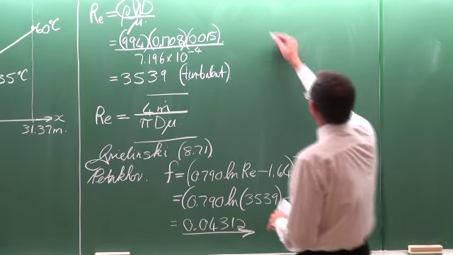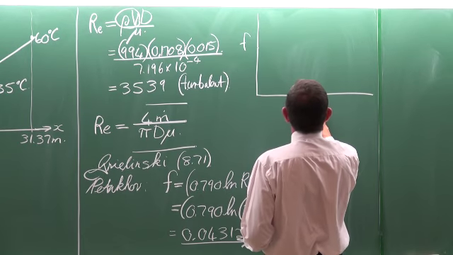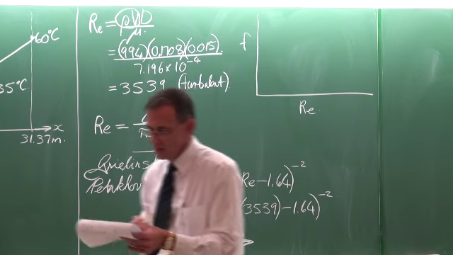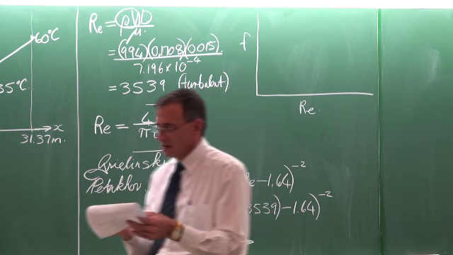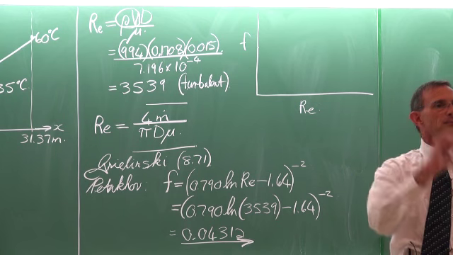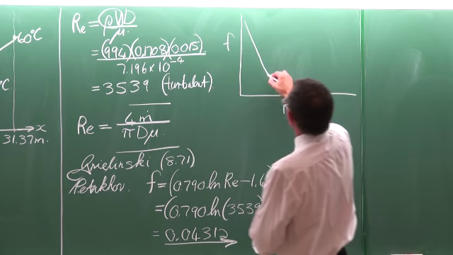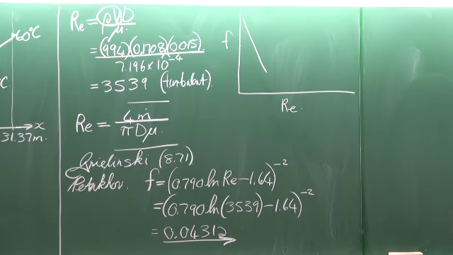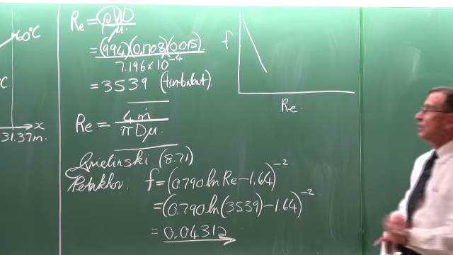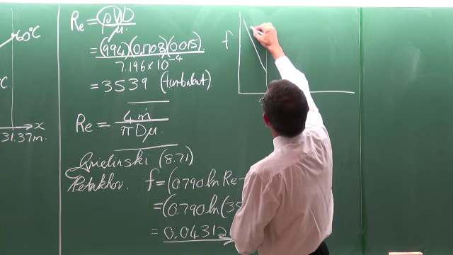So the responsible thing to do is to look on your Moody chart, where you've got the friction factor as a function of Reynolds number. That Moody chart is on page 891 in your textbook, in one of the appendices. We've got the line for laminar flow,